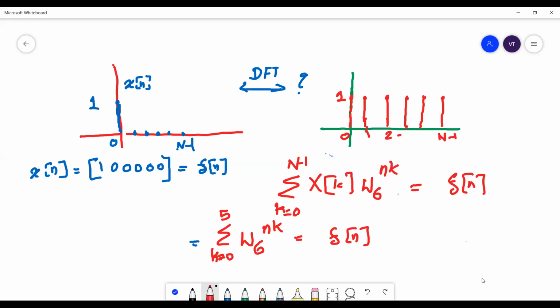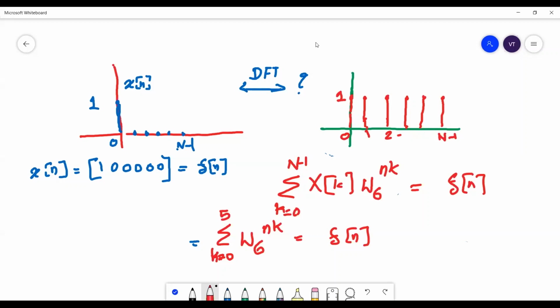How will you interpret this? I will ask one of you to interpret this. What is your interpretation? Now, you can have many interpretations. Let us discuss all those. You have a signal here and you have a spectrum here. Now, what does this indicate? The discrete spectrum for this signal is given by this. What does this indicate?